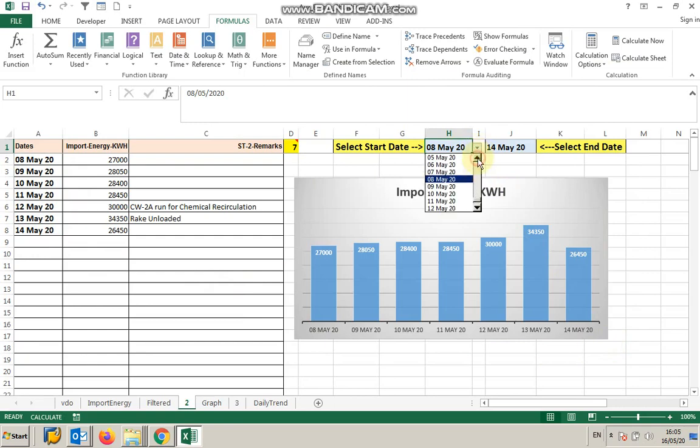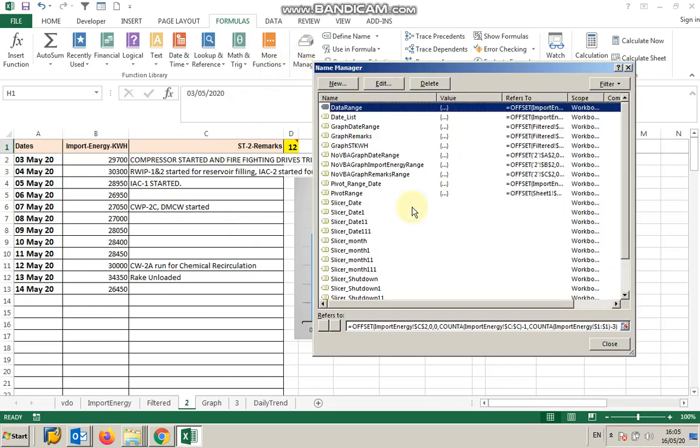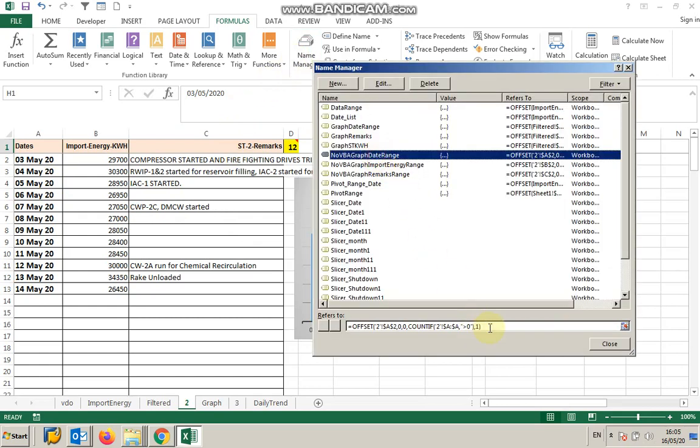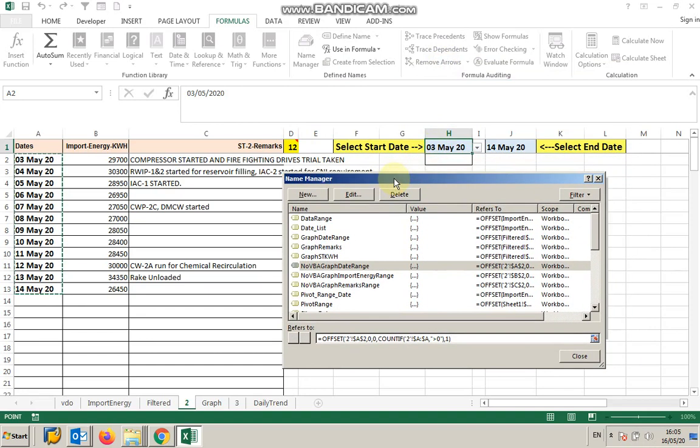Now if I change the date range, accordingly this input energy is also changed automatically, and the remarks are also changed.